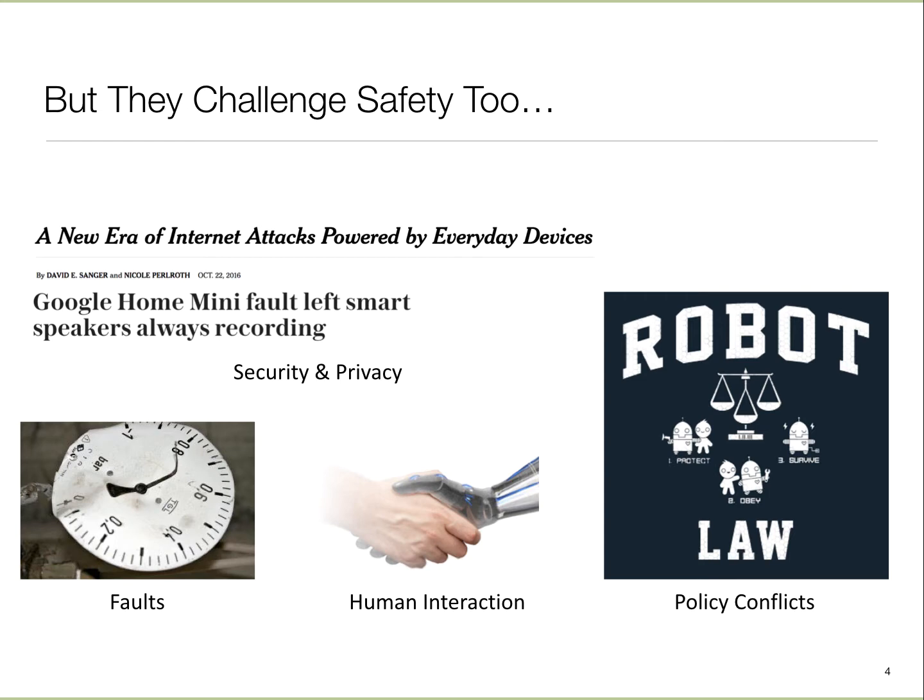And since they are in more safety critical applications, oftentimes there are conflicts in terms of what the system should do. I'm sure you have read articles about how, if an autonomous car has to hit someone, and it's a young person or an old person, who should it choose? A lot of these things come into play as well.